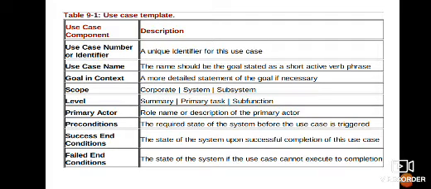Actor is one term that we have learned when we learned about use cases. An actor is any person who actually interacts with the system. It can be any stakeholder of the system. An actor can be an individual, or an actor can be another system that takes the service of this particular system. Any application that takes the service of another application can be called an actor of that application. So it's not necessary that an actor needs to be a person. It can be another application. An actor is anybody who interacts with the application.